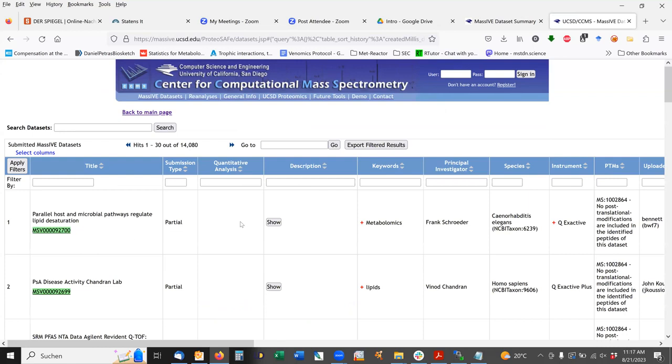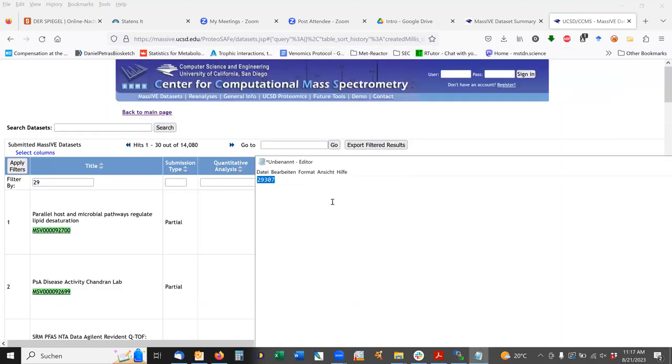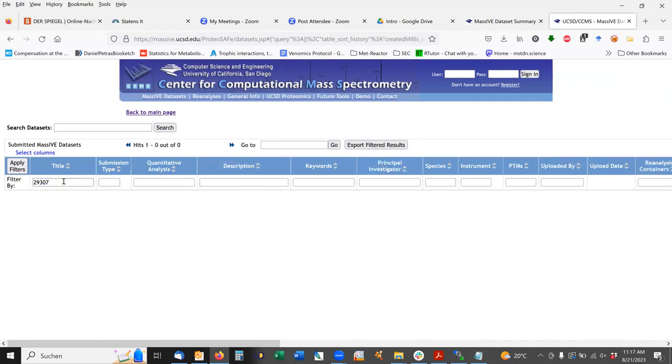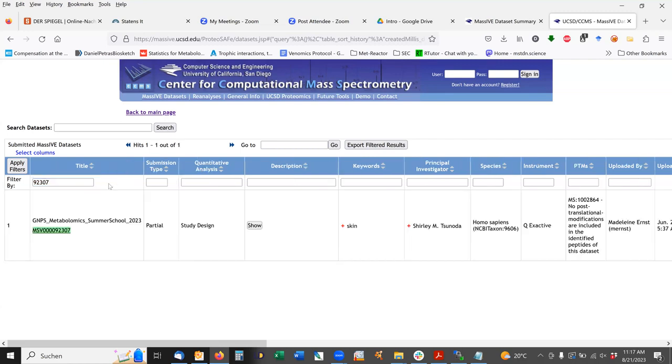If you search in the title box, there's a little search box right there, for 29307. Remember, you can blame Daniel for searching the wrong thing. There it is. Summer school. If you click on that green highlighted text,